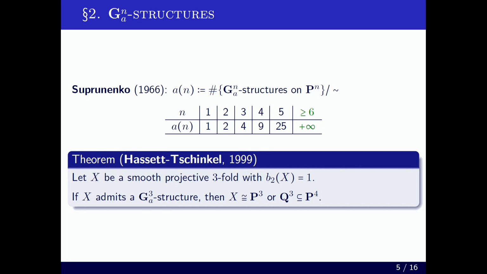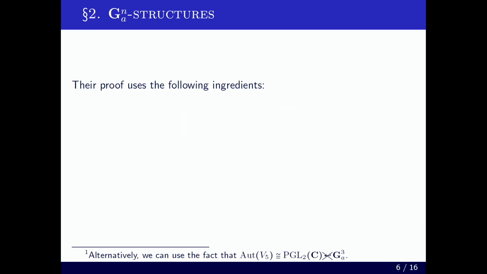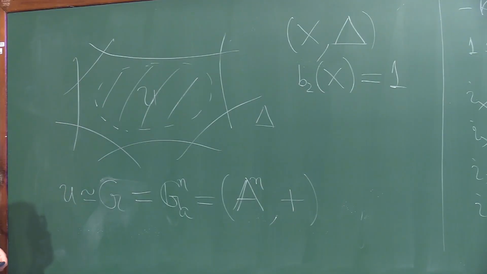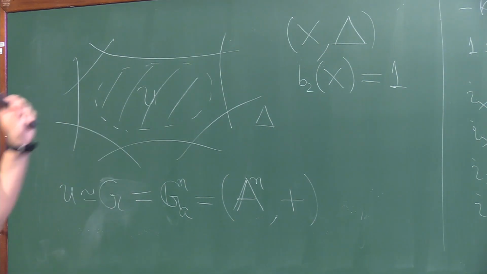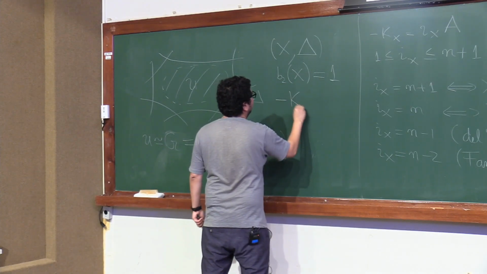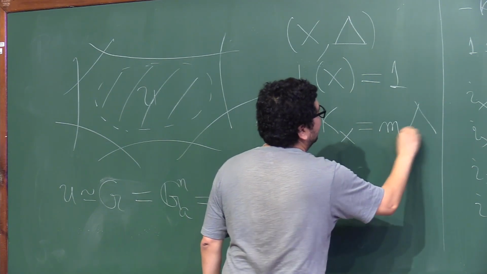And let me just show you a very, very, very brief sketch of proof, because it's interesting for the rest of the talk. The main ingredients that they used are the following. If you have an additive variety, so an equivariant compactification of this algebraic group of Picard rank r, this translates geometrically, saying that you have r irreducible components here. So first of all, you have this boundary. And the anti-canonical divisor for these Fano varieties is a sum, as in the Picard rank 1 case, where we had that this was some multiple of delta. Here you also have the same,